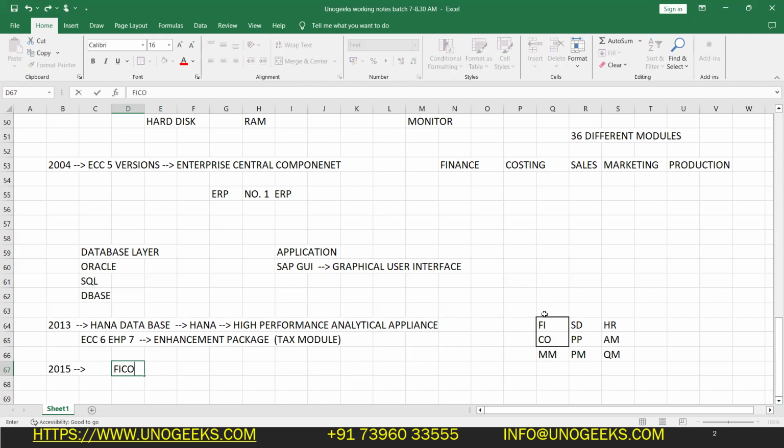Earlier it was a separate module. Earlier, FI was separate in the ECC environment, and CO was separate. But in S4 HANA, in the HANA environment, they have merged both FI and CO as one module. They have given it the name simple finance. We call it simple finance or simplified finance. Clear? FICO, simple finance. So they released a version here,